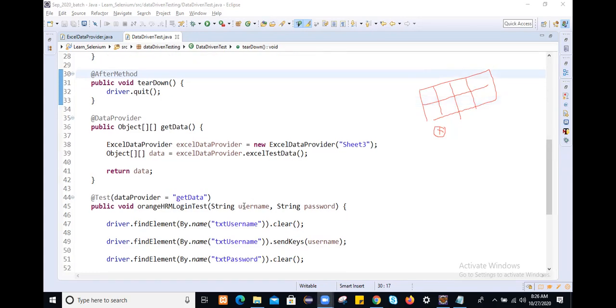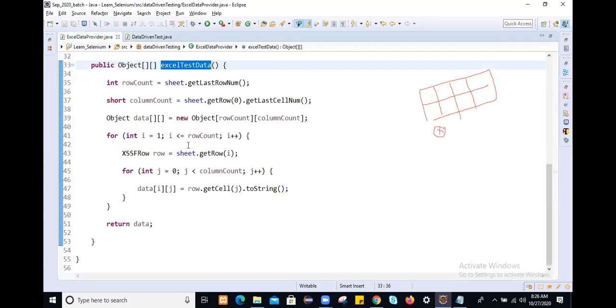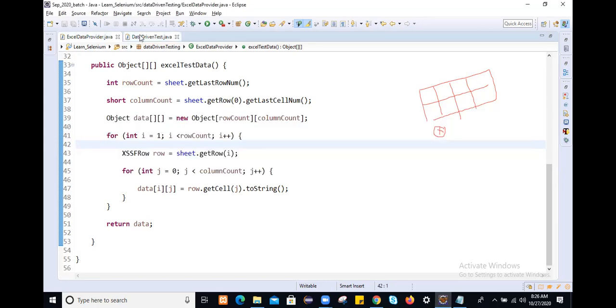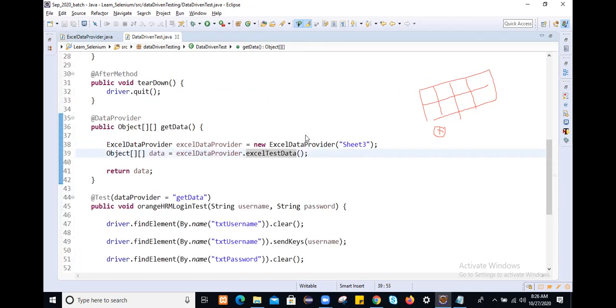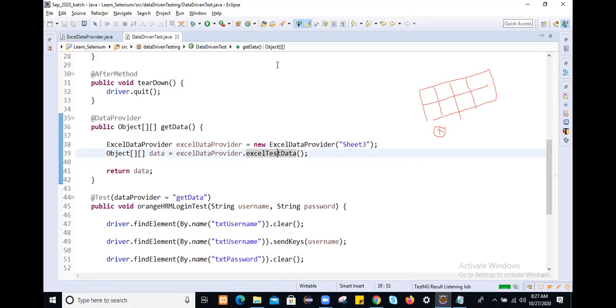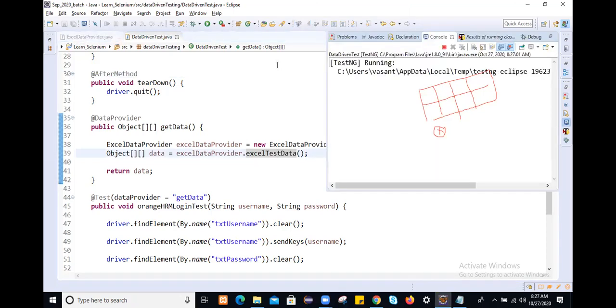It means whenever you are getting ArrayIndexOutOfBoundsException, just go to the Excel sheet, like the 2D array where you prepared the data. How many rows are there? Up to that number of rows we are going. So we will start and execute less than or equal to that row count. Actually the rows start from index 0, but we are starting from index 1.